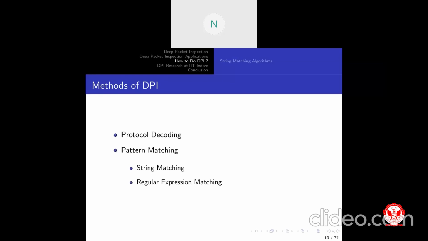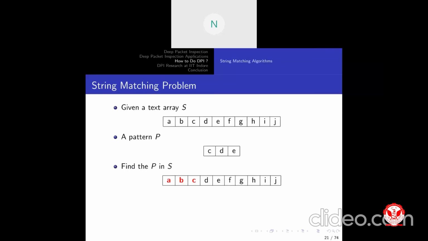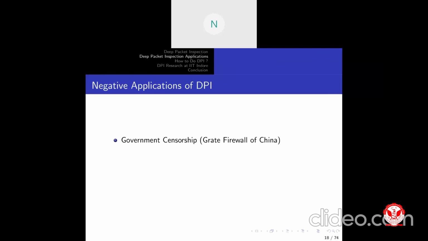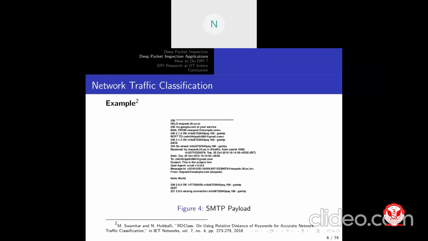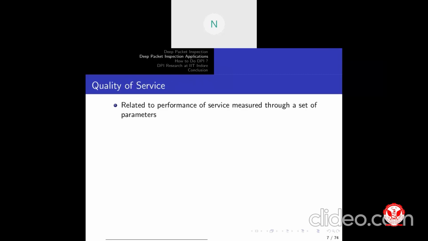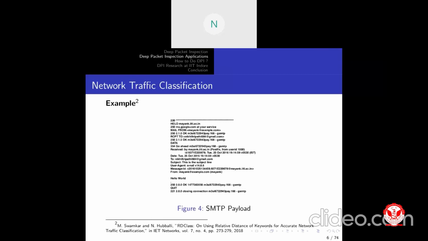For example, this is a payload of the SMTP application. I build custom parsers specific to the SMTP payload itself. For example, looking at the structure, which HELO should come first, and subsequently what should come next, and how big that is, and I encode such rules. HELO, that is hello, should come first, and the second line 250, and then the MAIL FROM should come next, and then what order these keywords are appearing in the payload. I build such parsers particular to that application